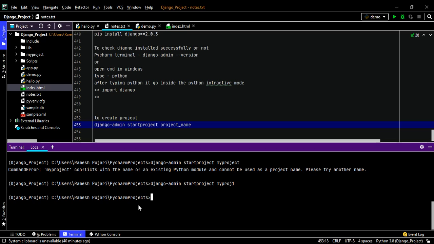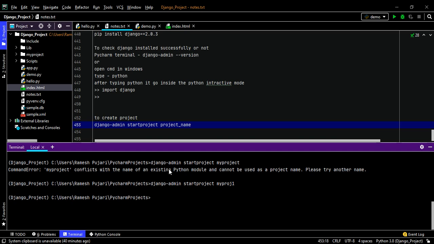Okay, now I am using myproject1. See, this gave me an error because this project is already present, that's why it's not creating. In this directory, the project already exists. Now I have created the project called myproject1. So this is my project name.